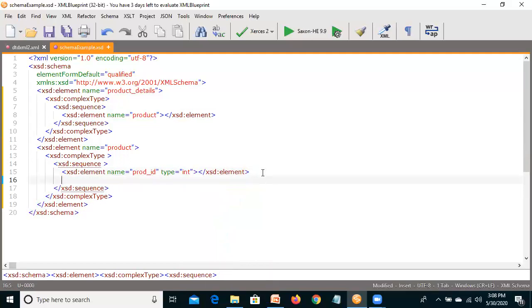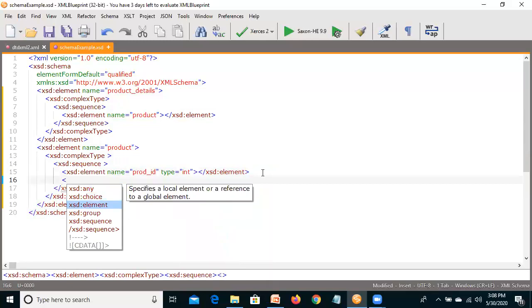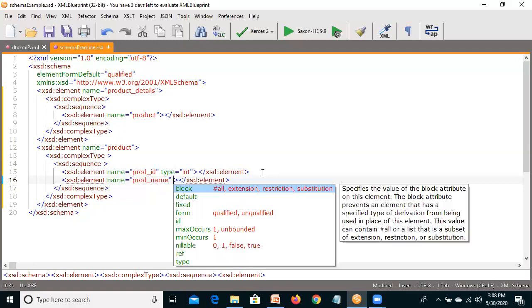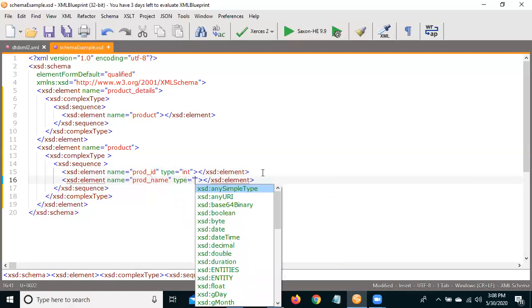Next, again product name, type is string.